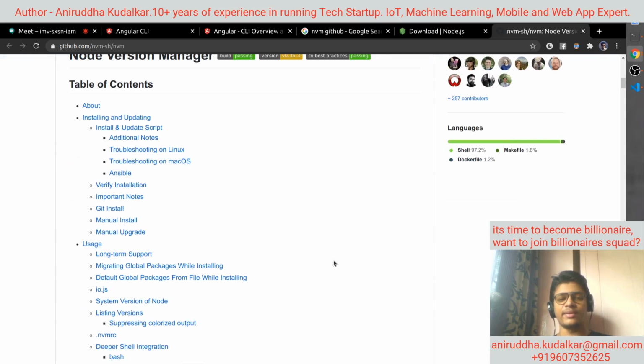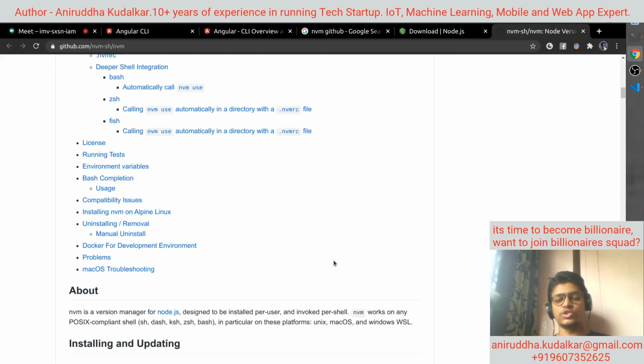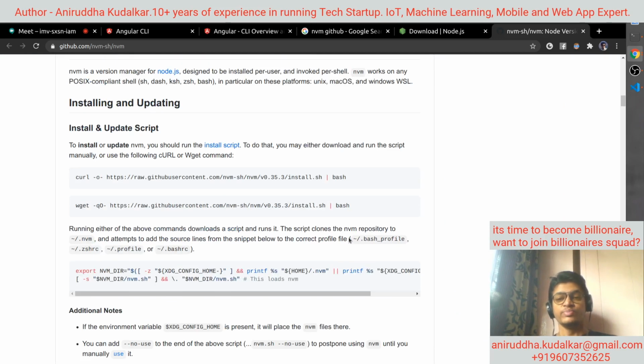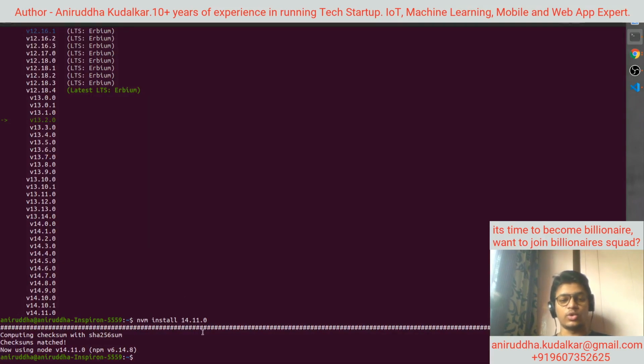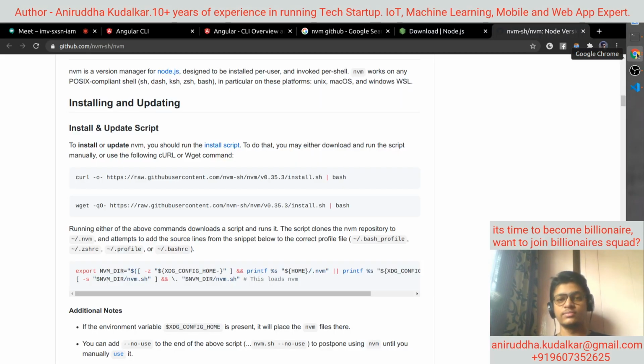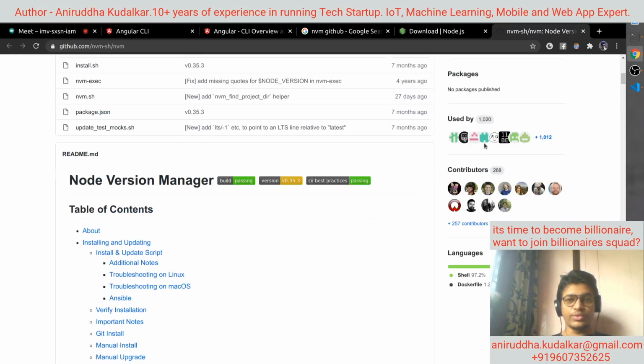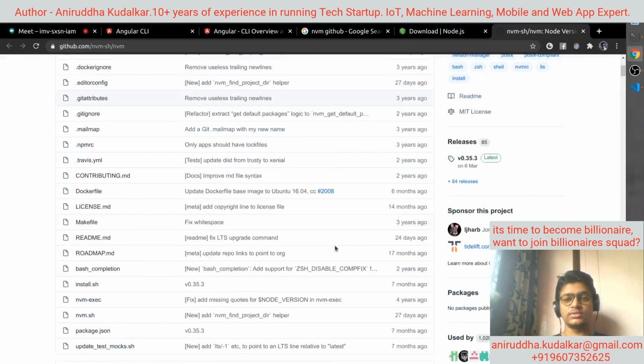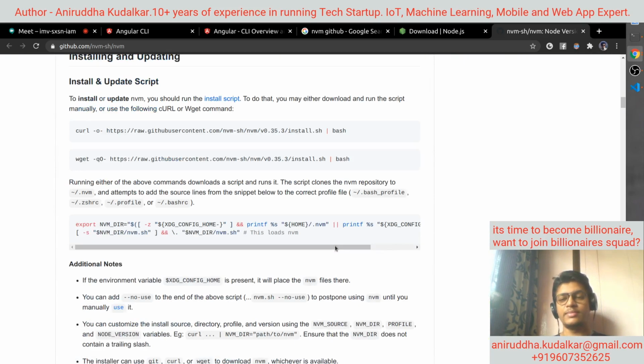And this is a recommended strategy: first install nvm on your machine and then go on installing the node versions. Like this I have installed. Okay, this is one thing. So we have installed node by means of nvm.